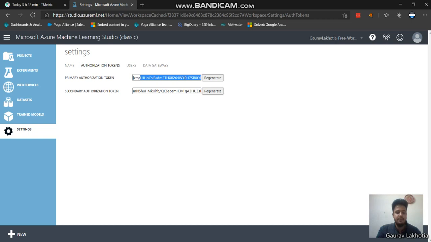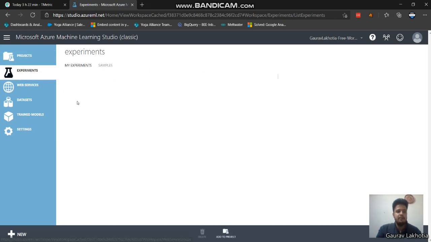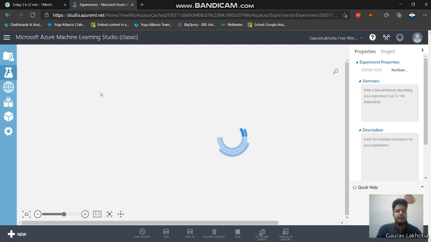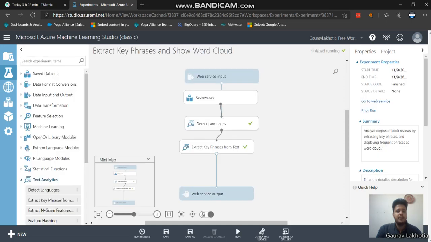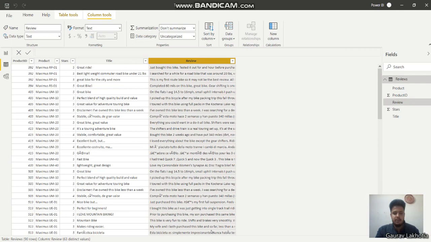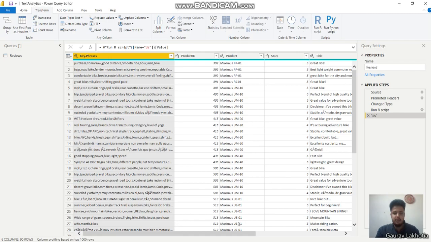You can just copy all the token and just paste it in the code, and the project name. This one is the project, and the name of the project is extract key phrases and show word cloud.